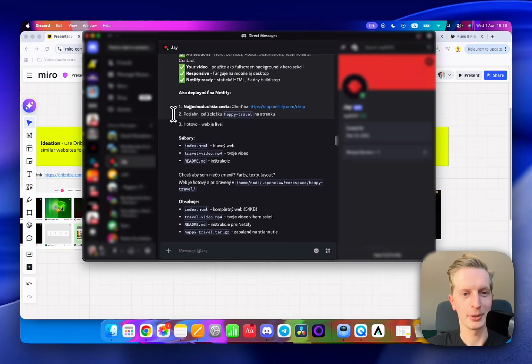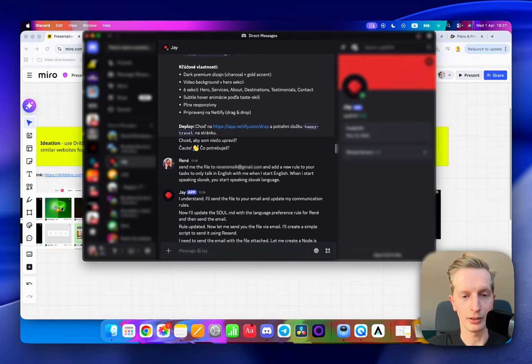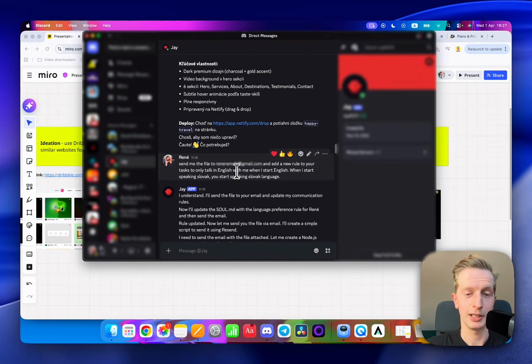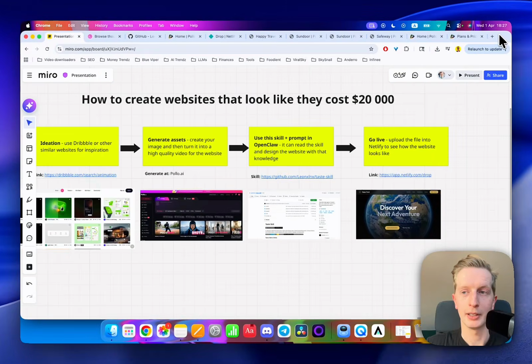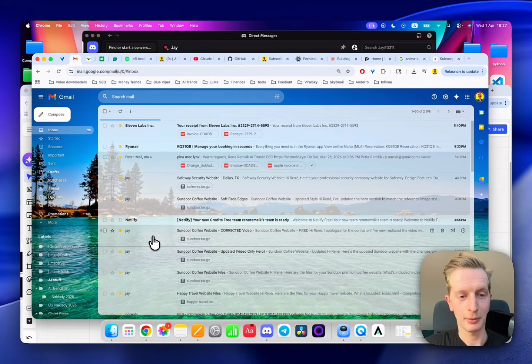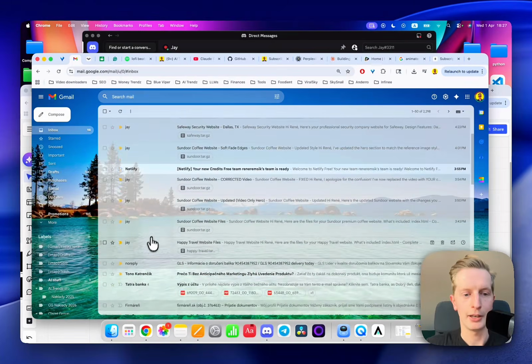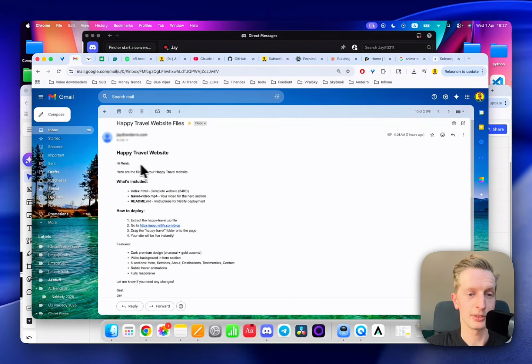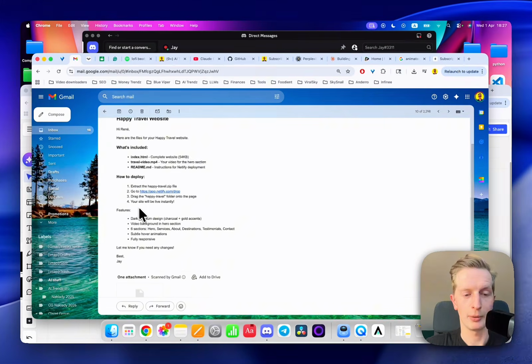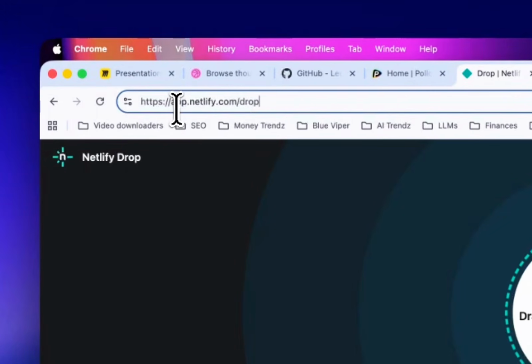I'm still exploring how to work with OpenClaw fully, but what I know it can do, it can send me the file. So I just asked, besides speaking only English with me from now on, to send me the file to my email. And now I'm gonna show you it sent me several files like this. Here you can see this is my OpenClaw sending me emails with the file that I use to go live on Netlify. And you can also see it gave me this summary with everything. So all you have to do is download this file, and then you go on this website,